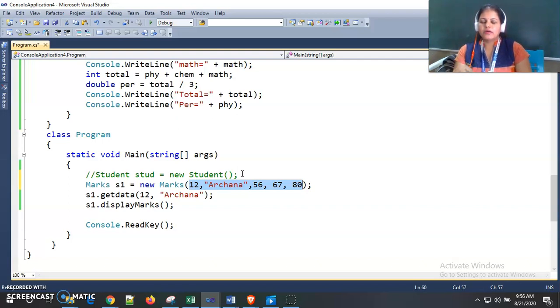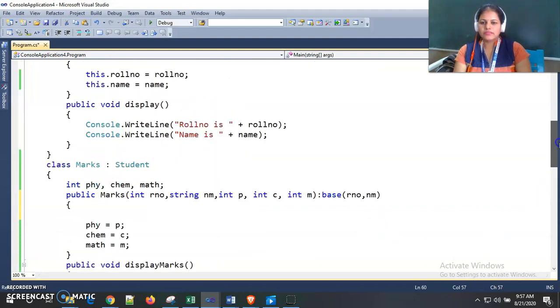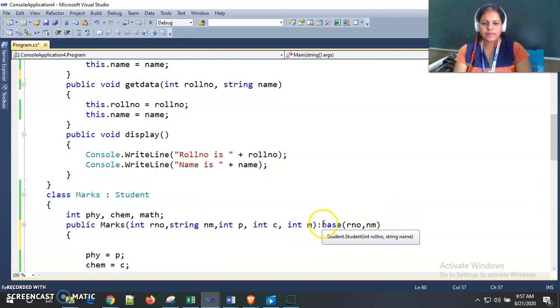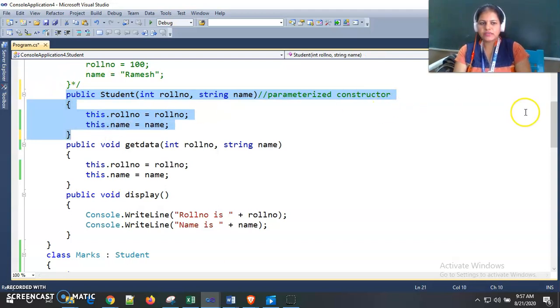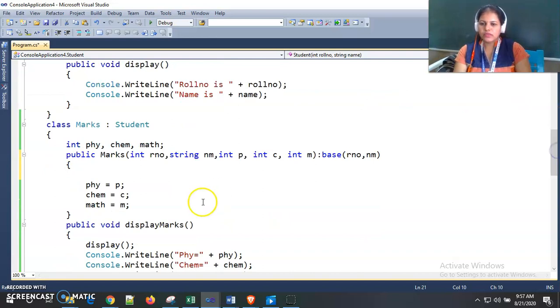Before calling the derived class constructor, the base constructor will be called, and by using this base, the first 2 parameter values from the 5 values go to the base class constructor and are initialized like this. Here control goes to the base class parameterized constructor, and then control goes to the derived class constructor, and the remaining parameter values will be assigned to physics, chemistry, maths.